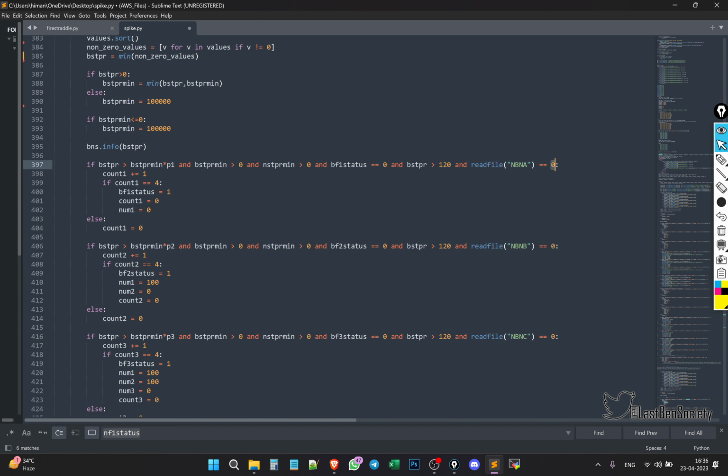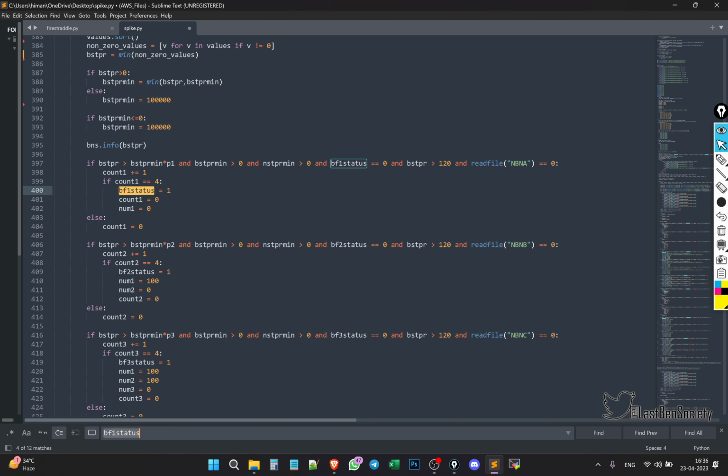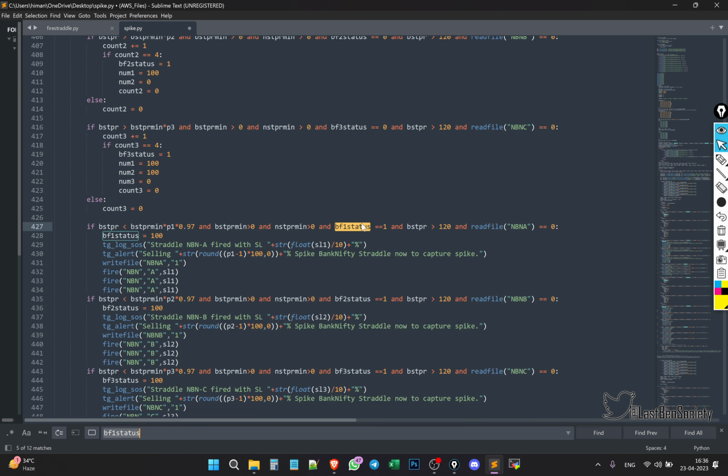Now for the 5 times, or the 4 times, it will come into this. So this counter will now say that okay, fine, it's ready to pass, and then it will set BF1 status to 1, count 1 status to 0, and num1 to 0. Now let's look at BF1 status, what it does. When the BF1 status is 1 and the current ATM straddle premium is less than the minimum value into P1 into 0.97,